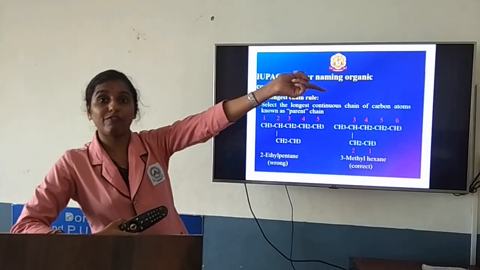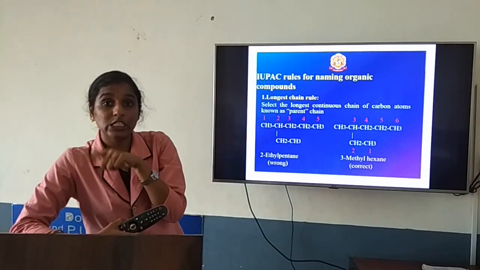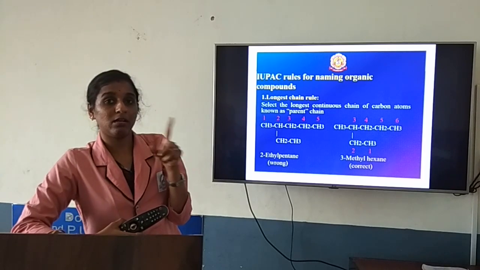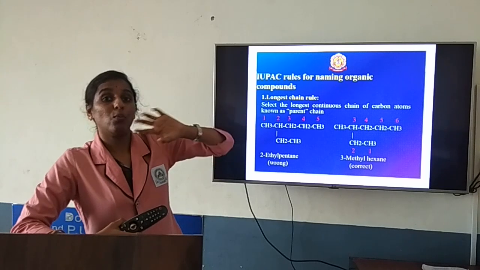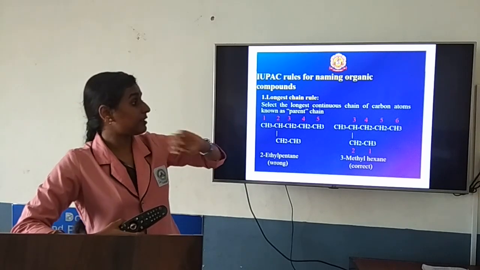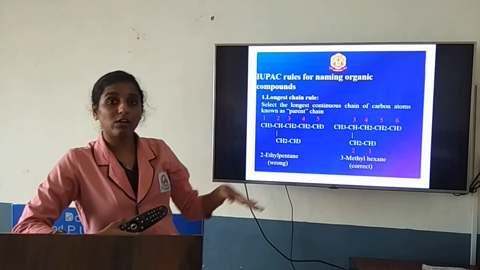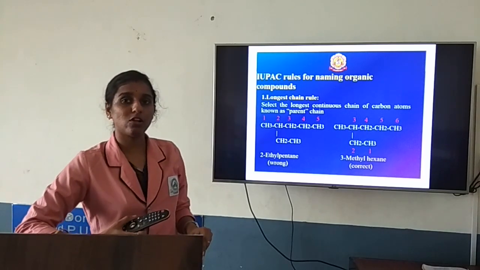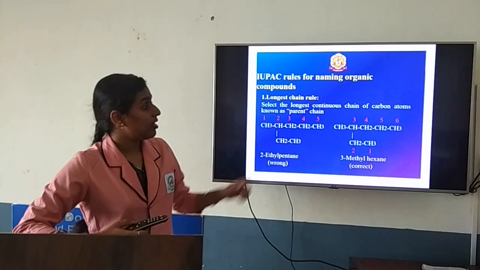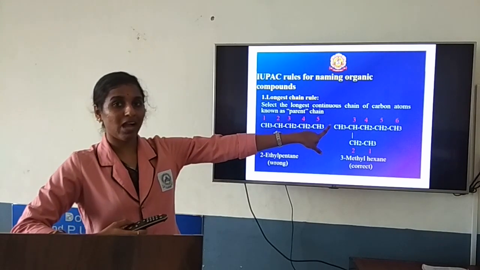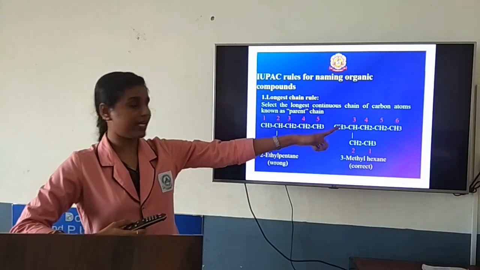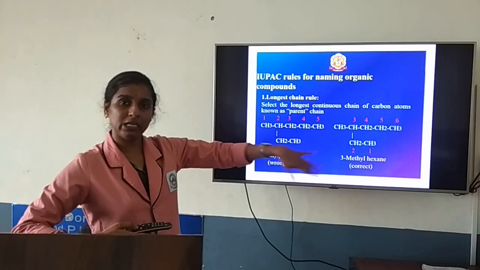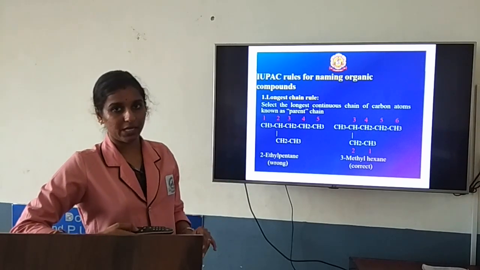Where more carbons are present, on what basis do you write the numbering? Based on that, the one which has the long chain will be considered for numbering. See, the number of carbons is 6, more, a longer chain when you compare with this, so that is correct. Again, don't go with naming. After finishing everything, you can give the name. Okay.